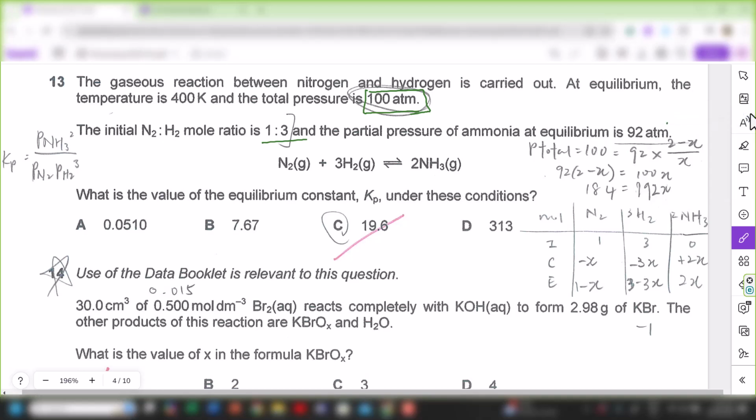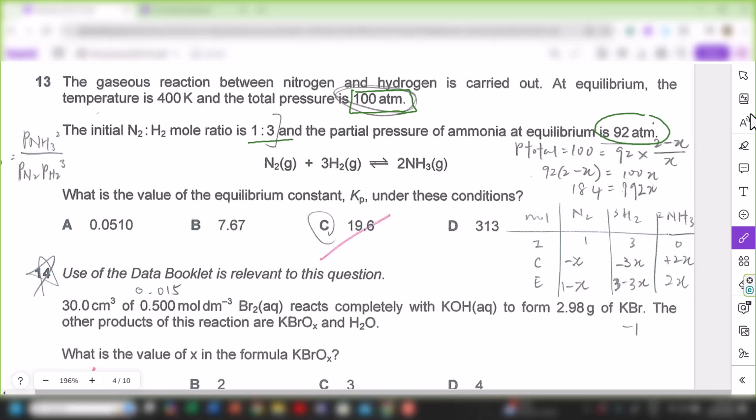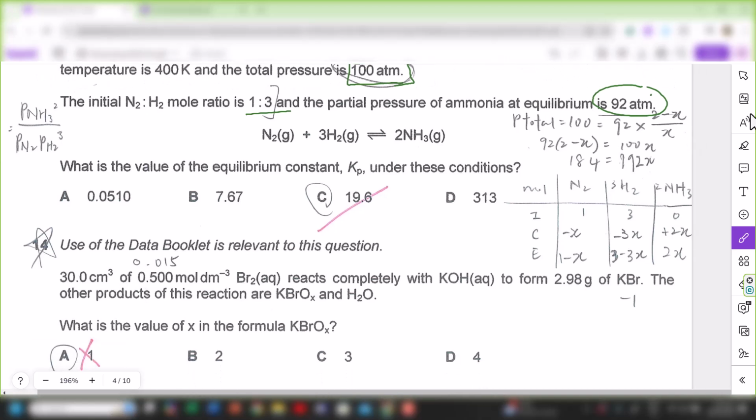If they do not give you this, then you'll be running into a little bit of an issue in solving. They gave you the reaction between nitrogen and hydrogen to give you ammonia. That's the Haber process. The question asks what the equilibrium constant is under these conditions. The student did it assuming the number of moles of nitrogen is 1 and of hydrogen is 3. That is actually okay as well, but maybe a slightly more proper way of doing this question is